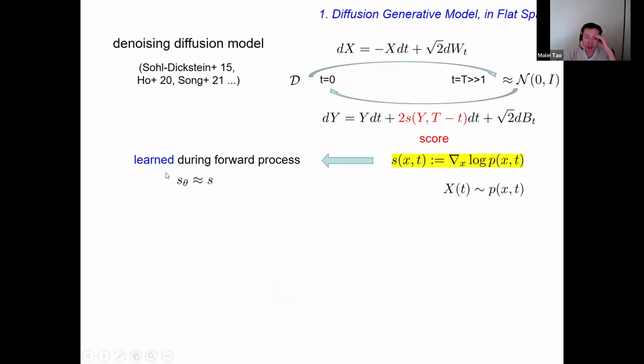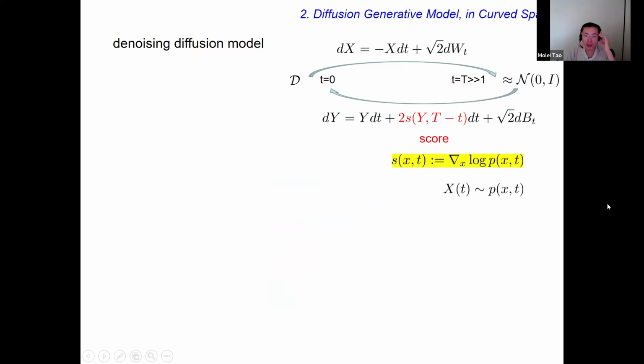So this thing is actually a profound topic by itself. I will not say too much about it, but basically you use a neural network to approximate something, which in return gives you a good approximation of the score function. Okay, so that's what you do in the Euclidean situation. So if your training data live in the Euclidean space, you have a very mature pipeline, which is still being developed, but it's doing amazing things already.